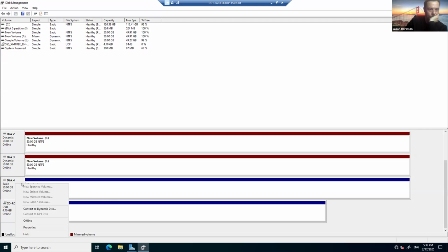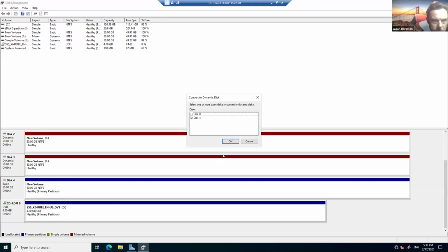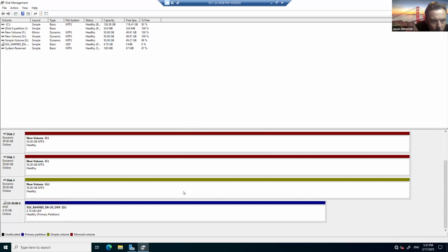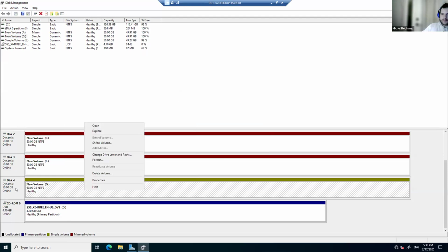Initialize it. Yeah, and then select your menu again. Right click on there, convert it. Okay, convert it to dynamic. Yep, disk 4. Hang on. Oh, go back there. Right click again. In here, and go to